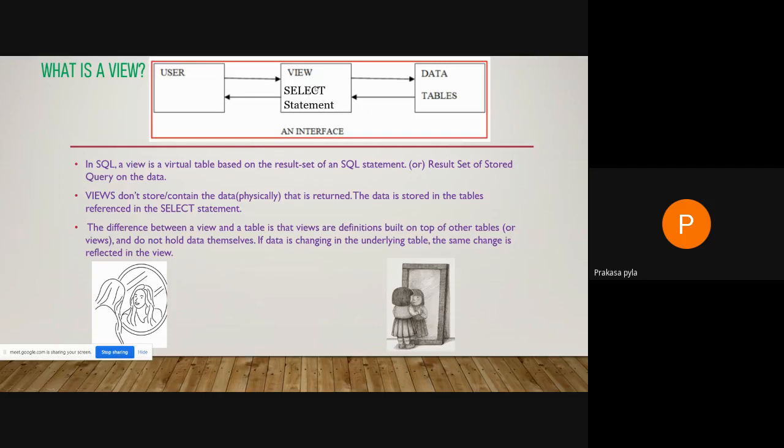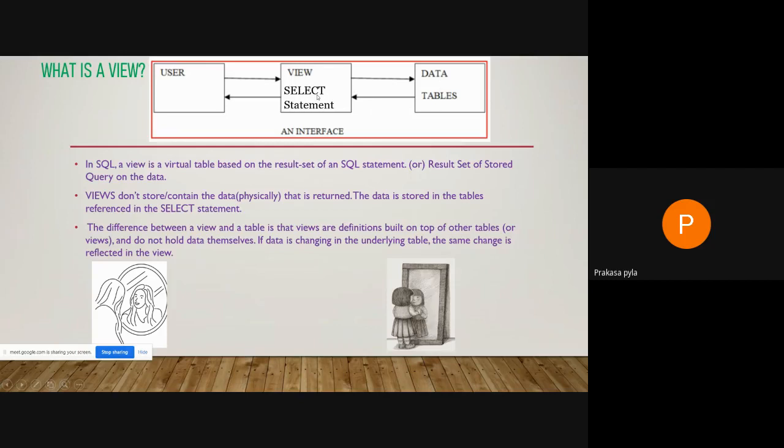As I said here, a view is a virtual table, hence it does not store any physical data, whereas the data is stored in the table referenced in the select statement. So a user can retrieve the data from the table with the help of the view.